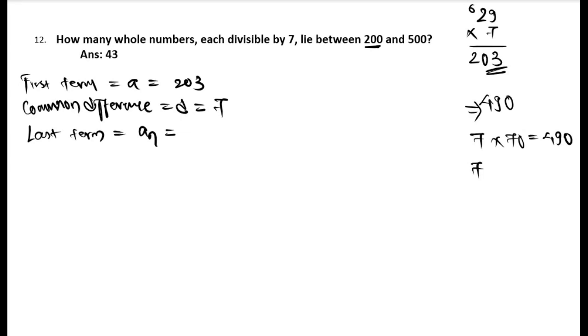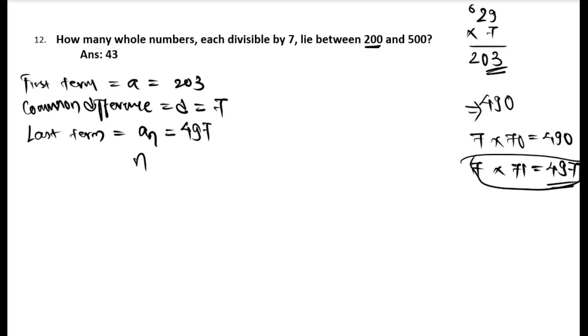So can you guess what is 7 multiplied by 71? We can still try growing closer. 497. So if you multiply 7 by 71, you get 497. So the last term, which is closest to 500, smaller than 500, and divisible by 7, is 497,